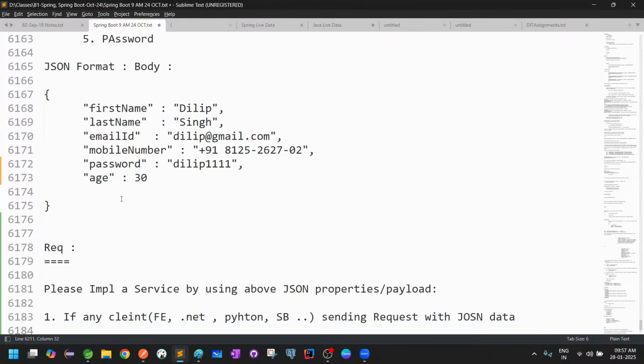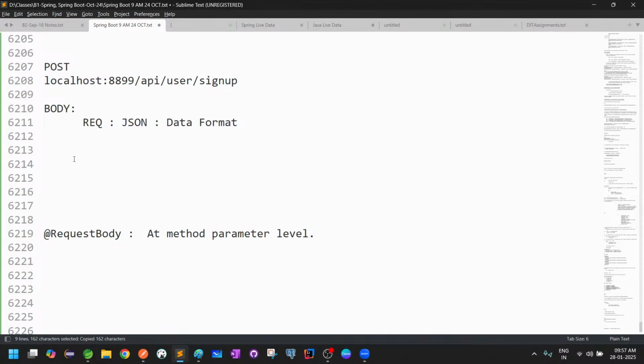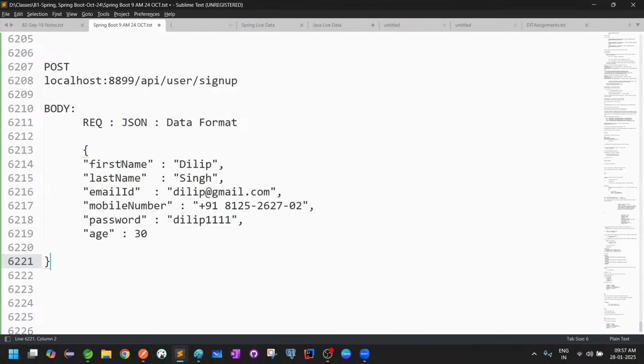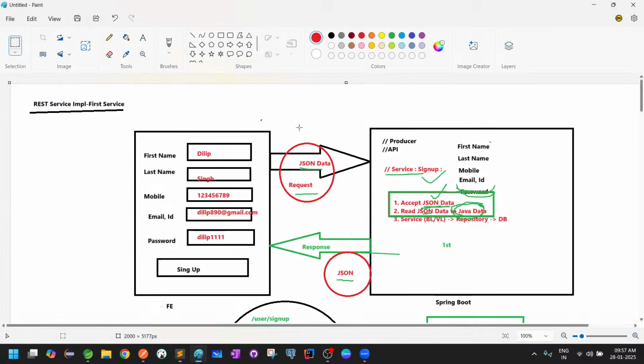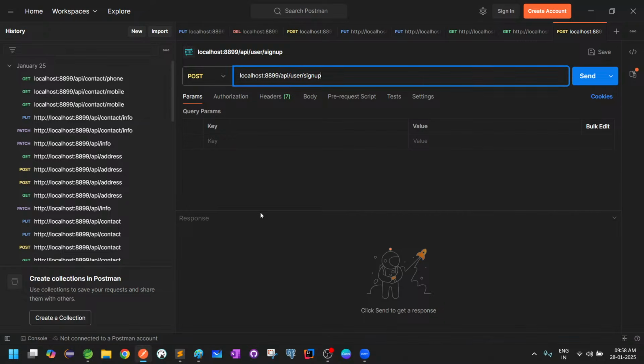So do we have sample JSON? Yes, we already have it, right? So I'll take this JSON sample. Based on this only we are doing all the implementation, right? So this information I'm passing, I have to send this request data to this endpoint level. So what you have to do in the Postman is, understand, guys, here you have an option called